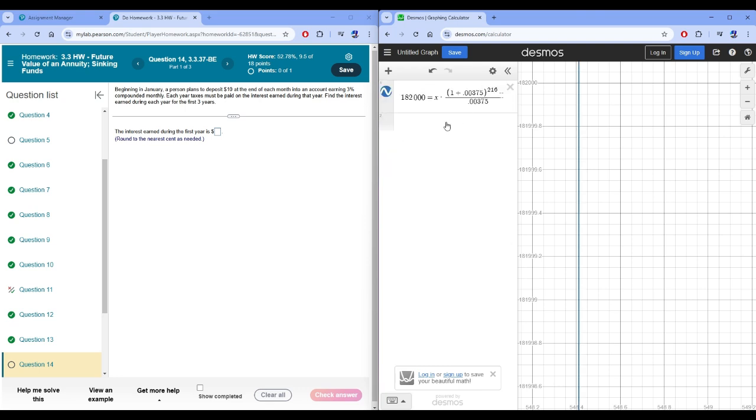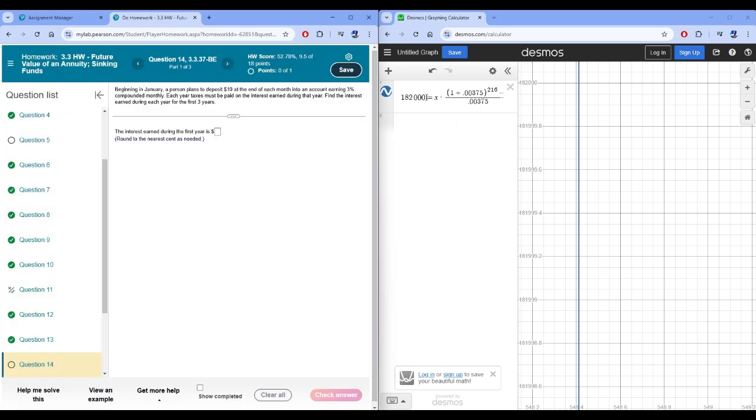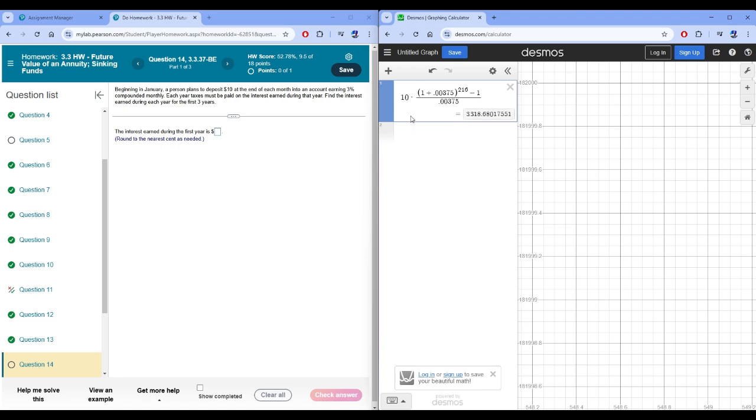This one. Alright, so is it a plus? Is it still a minus? Yeah, it's still a minus. Okay, let's see. We don't know how much is coming out, so we're looking for that. I know that I'm depositing $10 each pay period. That earns 3%, so 0.03 divided by monthly is going to be 0.0025, 0.0025 raised to the